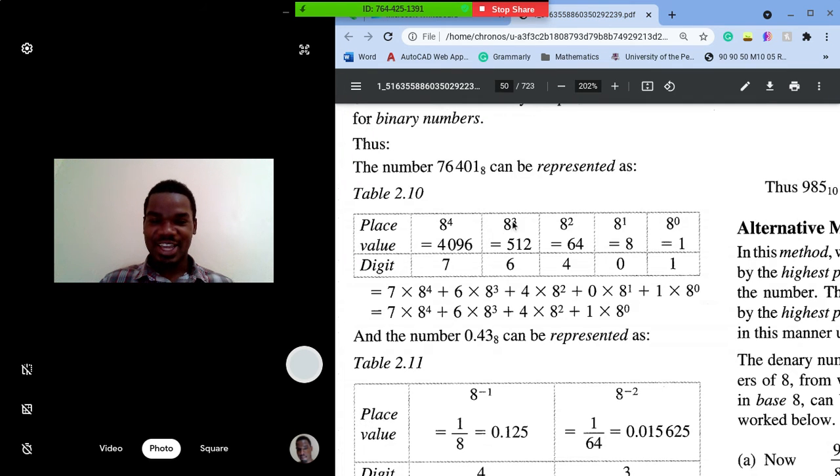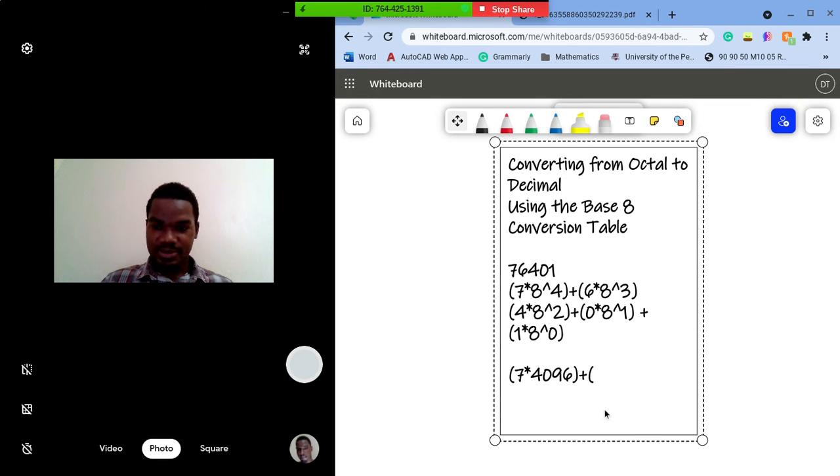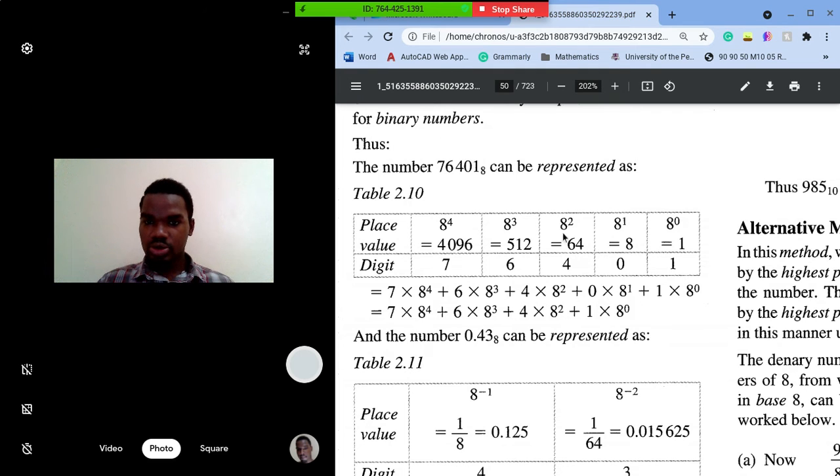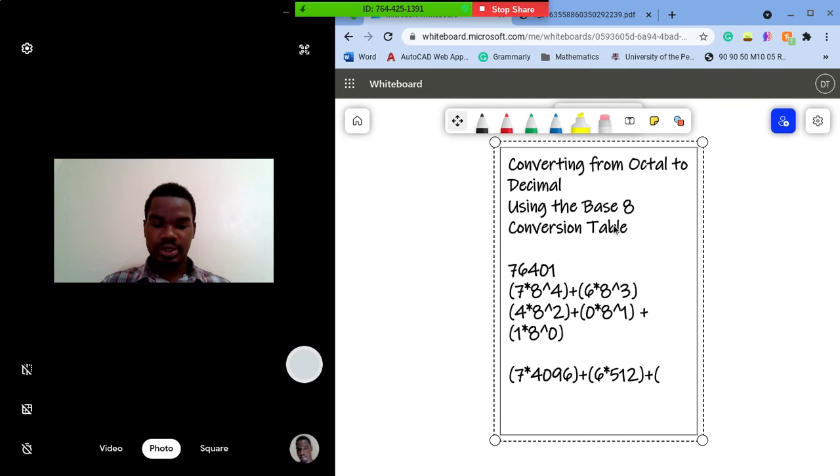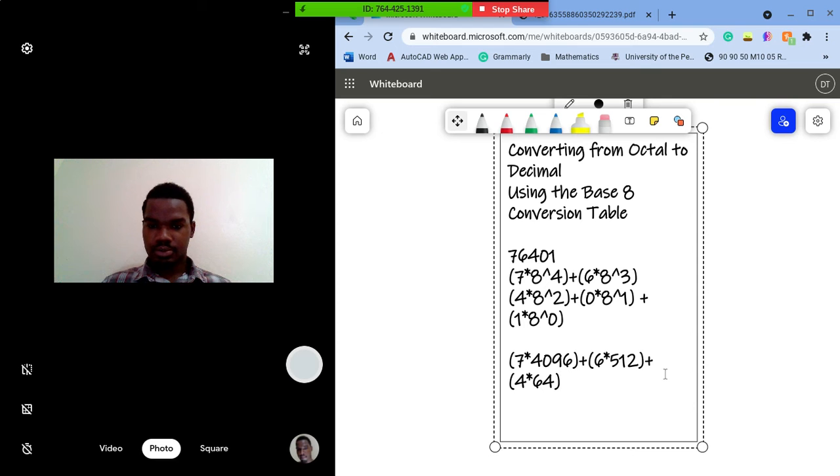Alright, let's go to the next one. 8 to the 3, that's 512. So therefore we're going to say 6 times 8 to the 3, which is 512. 6 times 512 plus, we're going to now go to 4. We'll say that 8 to the 2 is 64. So therefore we're going to say 4 times 64. Oops, 1 second. Here we go. 4 times 64 plus